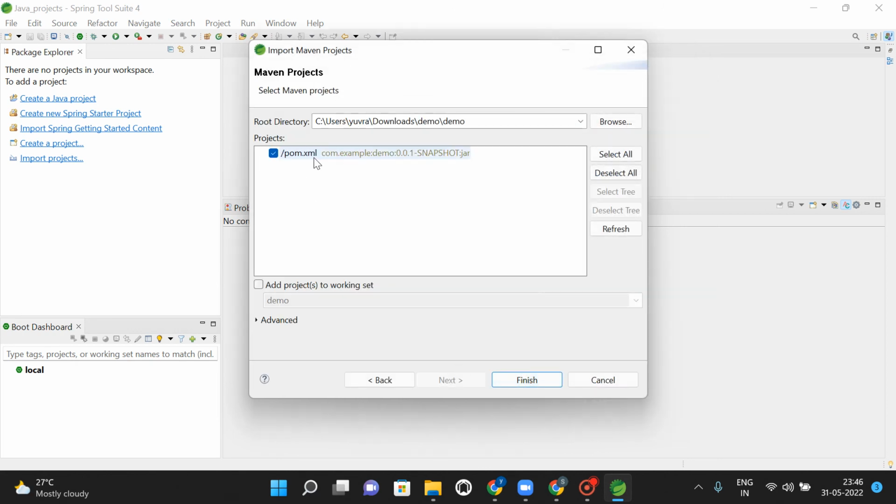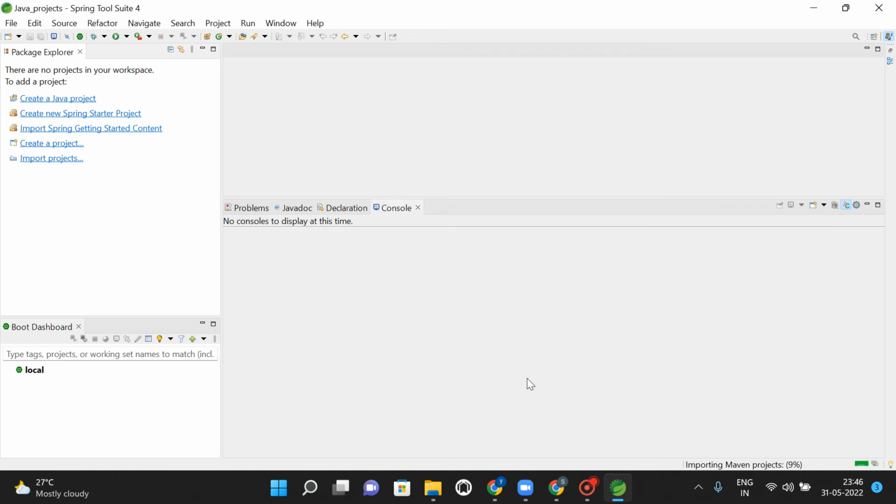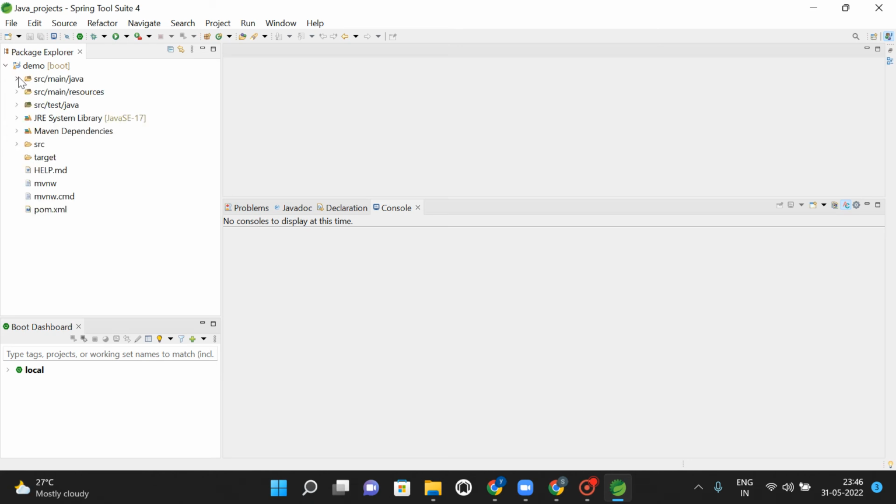So it will contain the POM.xml file. Click on finish. So we have a demo application, and it will have all the project structure. It will contain the POM.xml file,